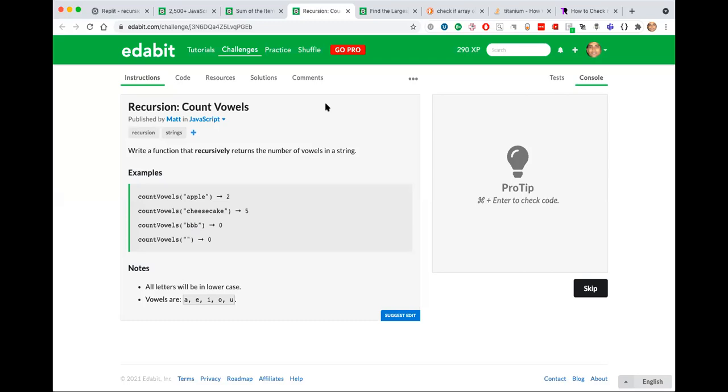I have to recursively find the number of vowels in this string. Very similar logic. What will be the recursive logic and what will be the boundary conditions in this case? We don't have an array here, we have a string here.